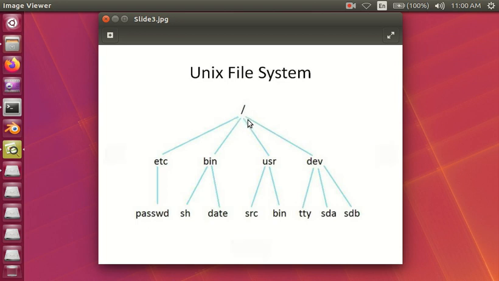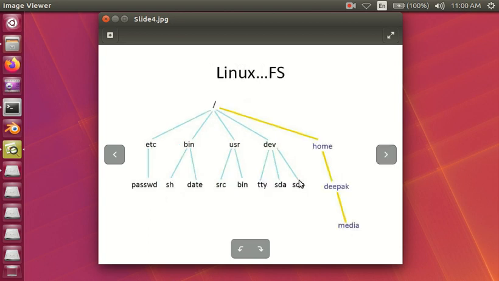In this file system, the non-leaf nodes can be referred to as directories, and the leaf nodes can be regular files or special files like device files.